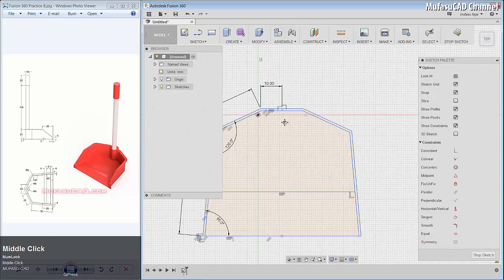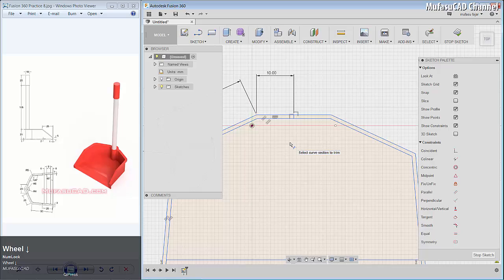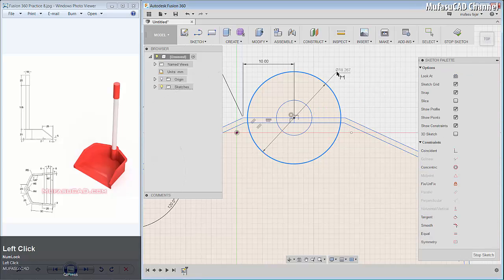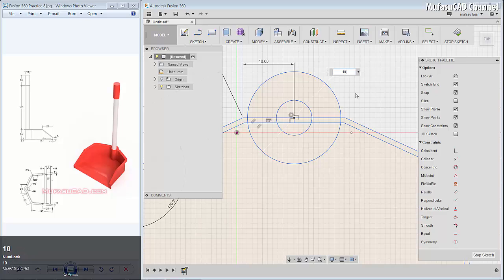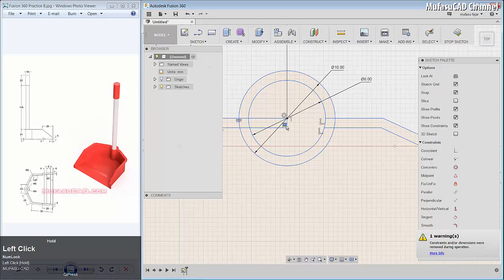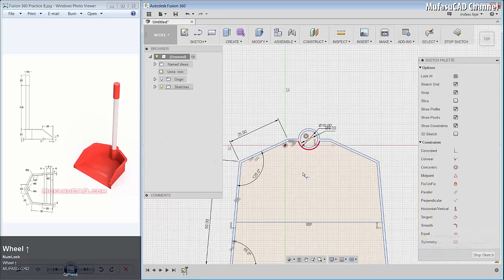Okay. Use the circle command. We create a circle from this center point in here, and from here to here. Give a dimension for this circle about 10, and for this circle about 8, and okay. Use the trim command again. We cut this object and this object, and we cut in here. Okay.